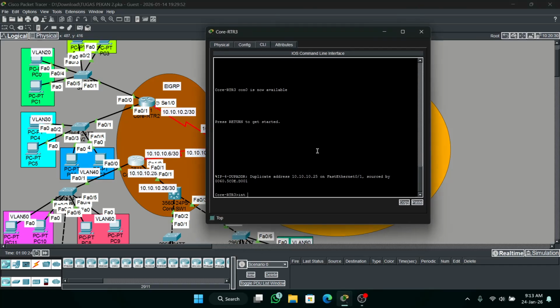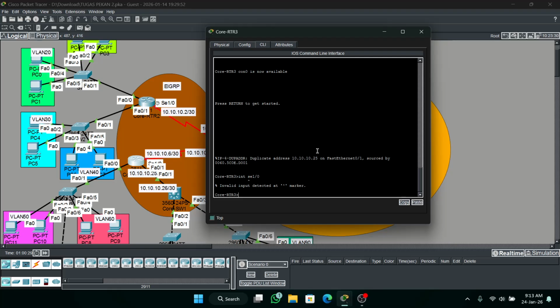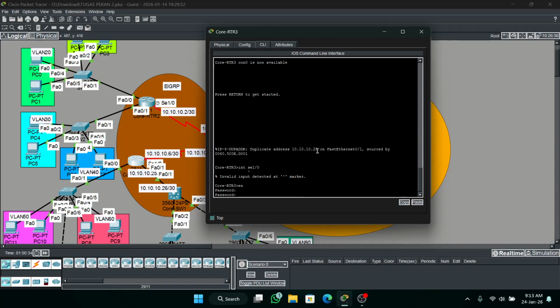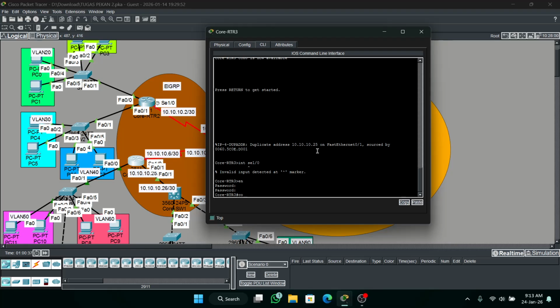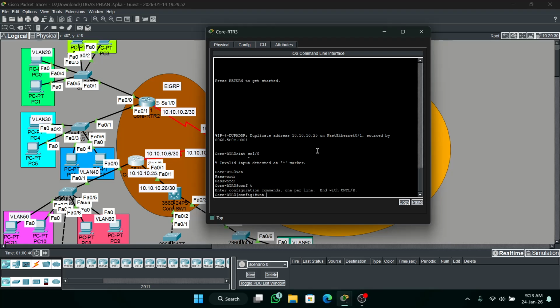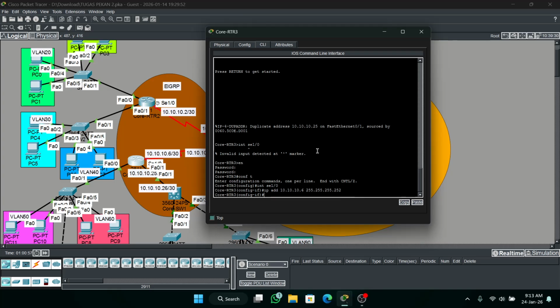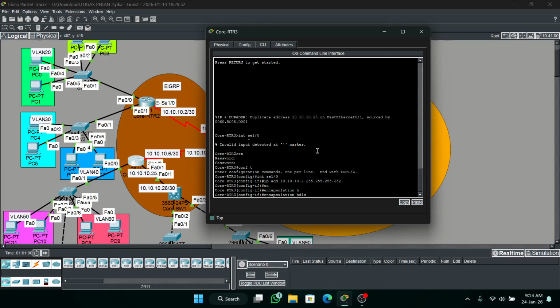So enter serial 1/0. Enable, cisco. Okay, configure terminal, interface serial 1/0. IP address type normally .6, 255.255.255.252. And then encapsulation HDLC.